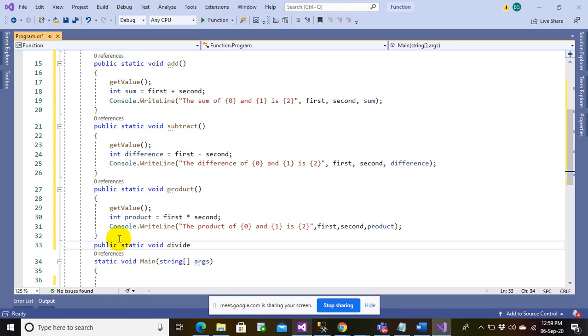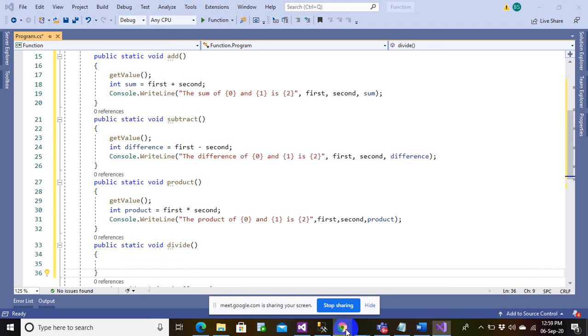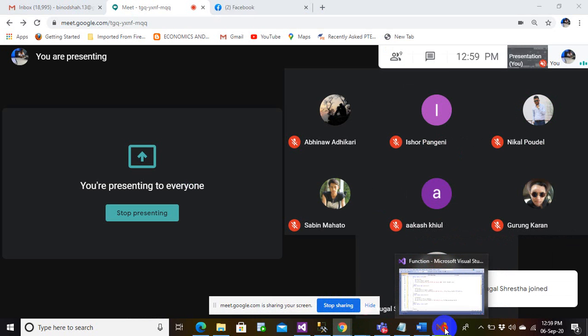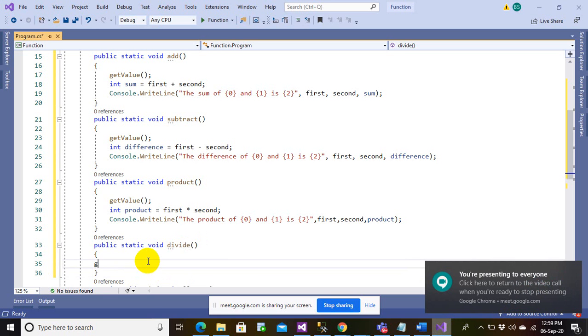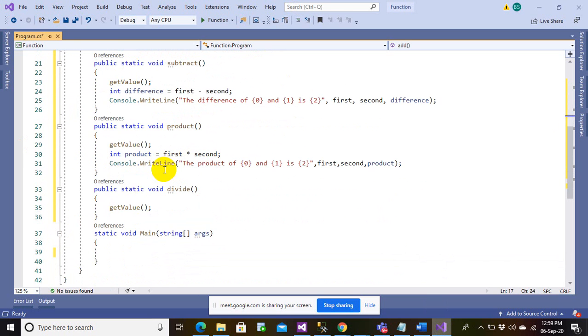Right, and now let's say if you want to divide, I can have again a get value function being called here. We can see I'm calling get value everywhere. Otherwise, I would have to repeat this code everywhere. So get value is minimizing my work. This is the advantage of function.